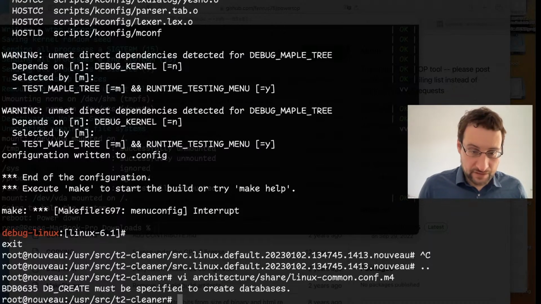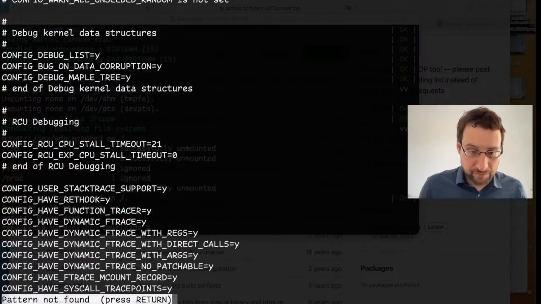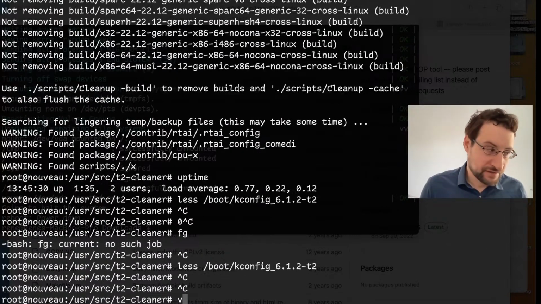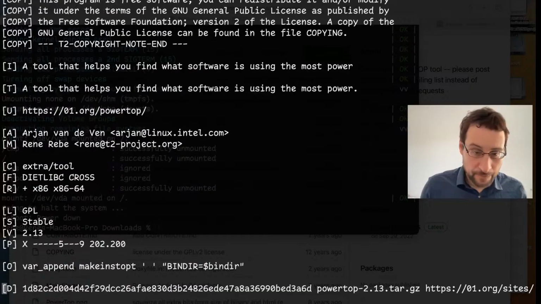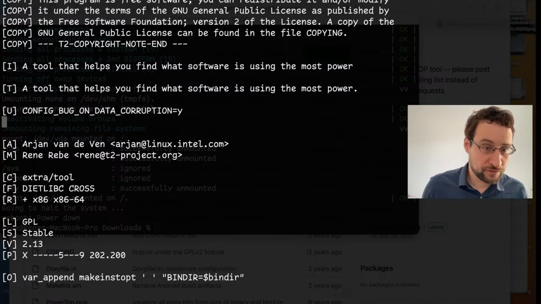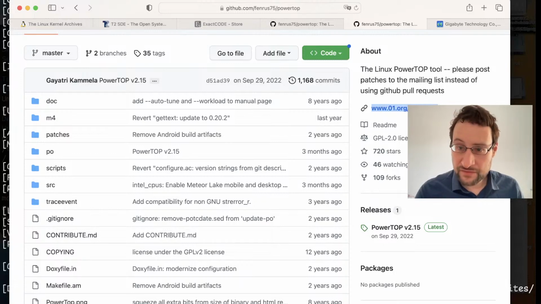Yeah, let's do the final build there. Hopefully, famous last words. Let's maybe update this PowerTOP. Actually, here that is slightly newer. Wait, did this not 404? How did this 404 if